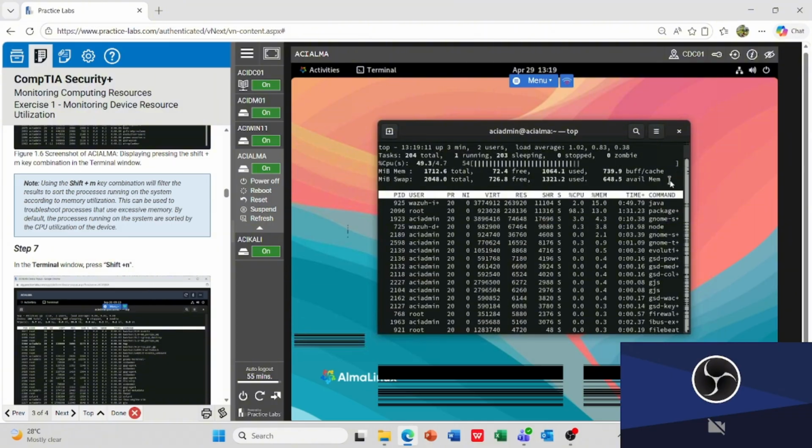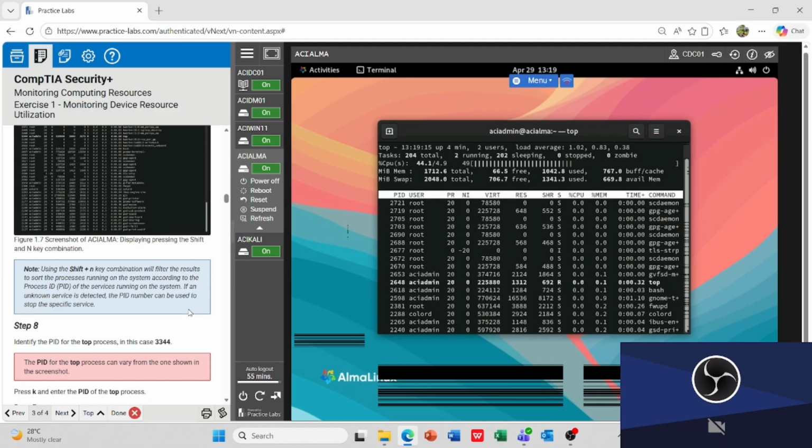And then again, press Shift plus N. Using the Shift plus N key combination will filter the results to sort the processes running on the system according to the process ID of the services running on the system.